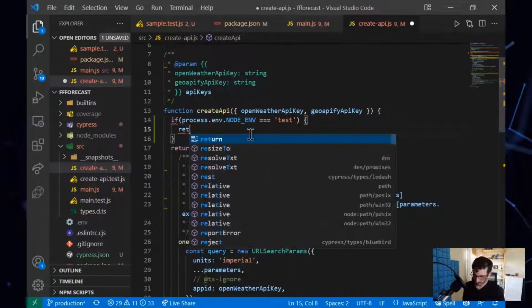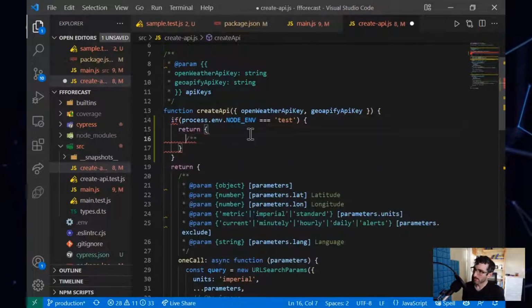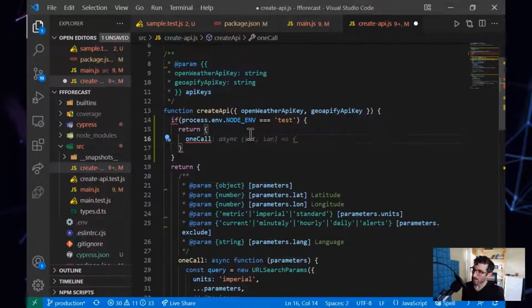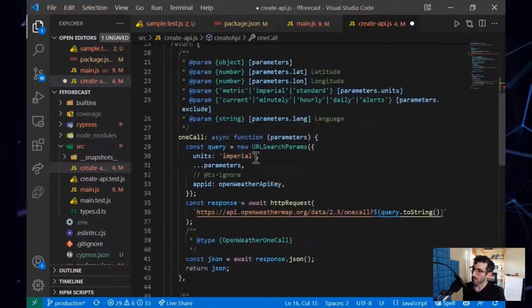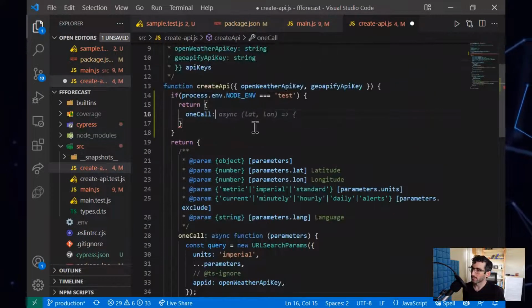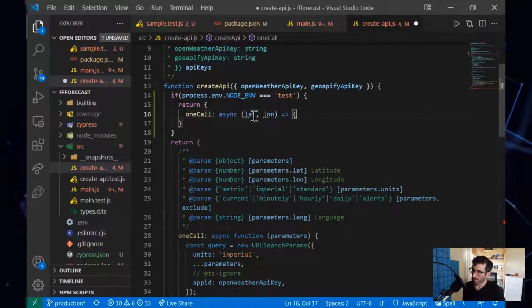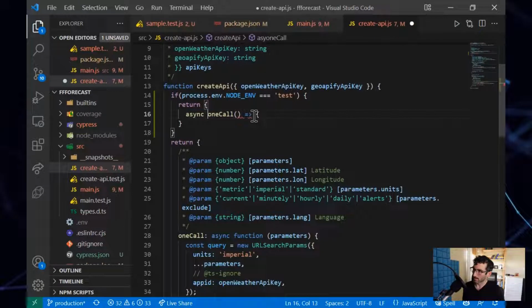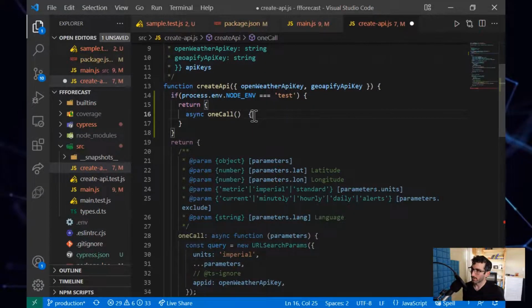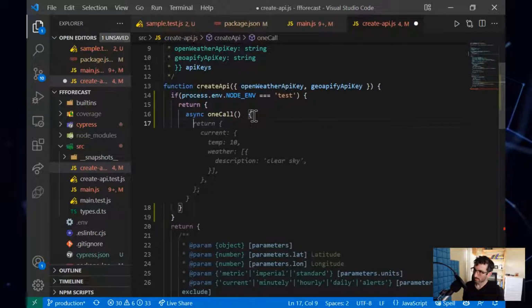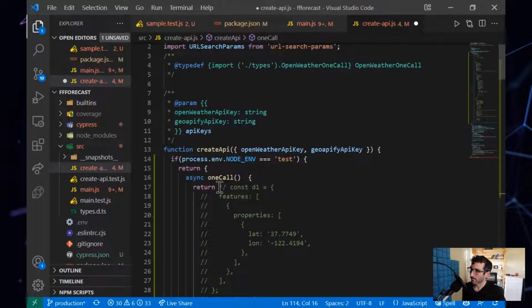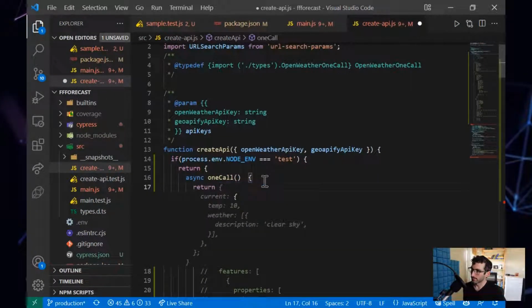So we're going to return an object with one call, which is basically an async function. Well, I can just do this. Async one call is going to be a function that returns this data,